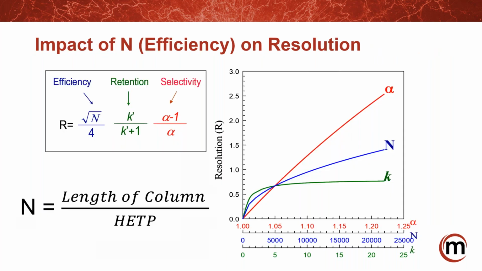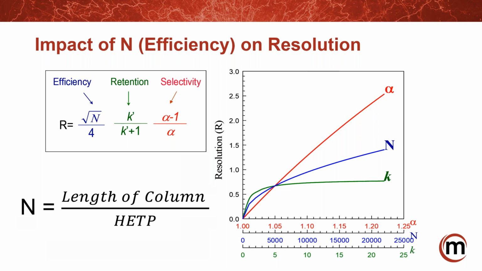So why is that important? Why should we care? When you look at the resolution equation, you have three main parameters that affect resolution. You have your efficiency term, your retention term, and your selectivity term. What we're going to be talking about is how the distribution first affects the efficiency term. And so how do you calculate the efficiency of an analytical column? Well, you would take the length of the column divided by what we call a height equivalent to a theoretical